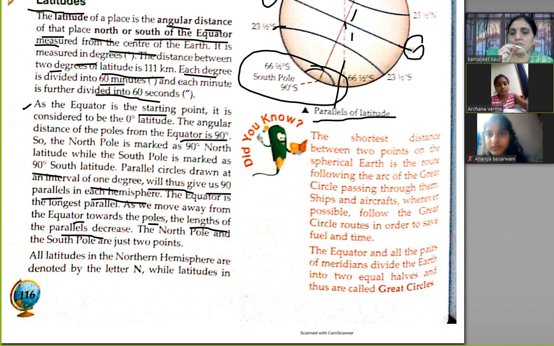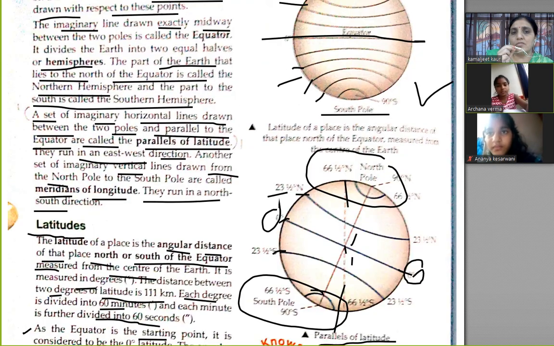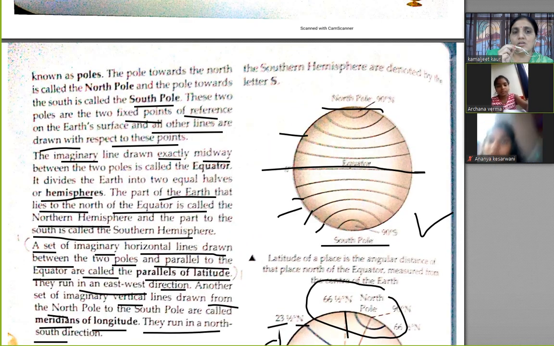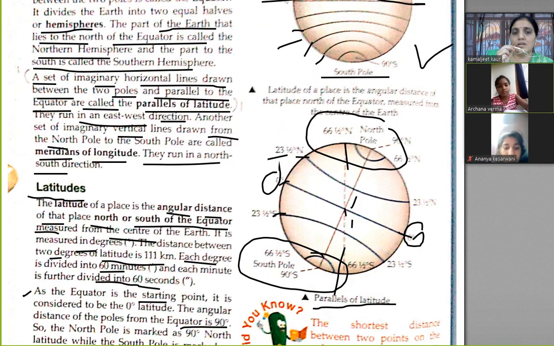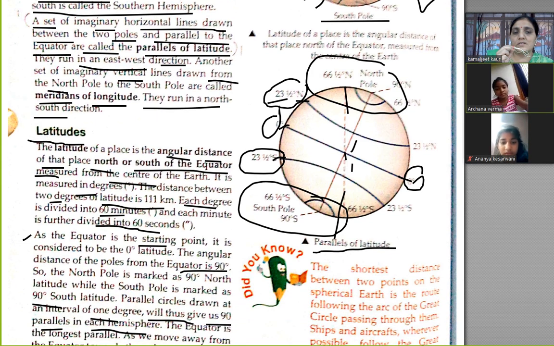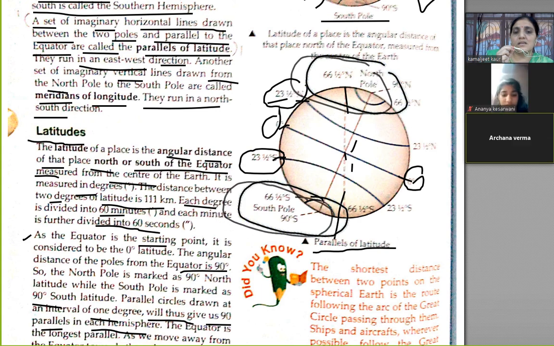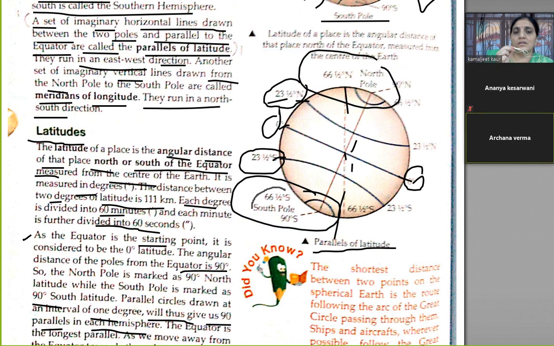All latitudes in the northern hemisphere are denoted by the letter N। जो नॉर्थ के होते हैं उनको किससे डिनोट करेंगे? N से। While the latitudes in the southern hemisphere are denoted by the letter S। ठीक है, जो ऊपर के होंगे नॉर्थ की तरफ के होंगे उसको हम N से डिनोट करेंगे, और जो साउथ की तरफ होंगे इक्वेटर से लेके उन्हें हम लोग S से शो करेंगे। ओके।